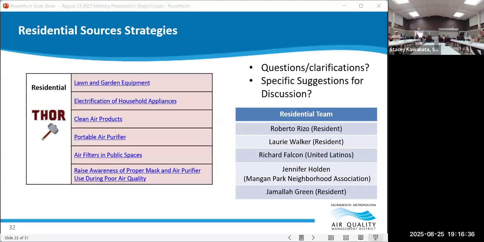Paul Philly, there's a couple different ways the program could be run. One is you set a general criteria and then people say, hey, I meet the criteria, send me a filter. Another is to pick a geographic location and everybody within it is eligible, and then you do outreach to that impacted community and let them know that they can get it. So that's two different ways to do it. An example of the latter would be